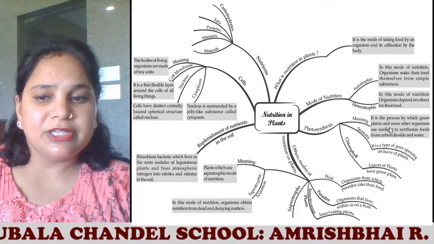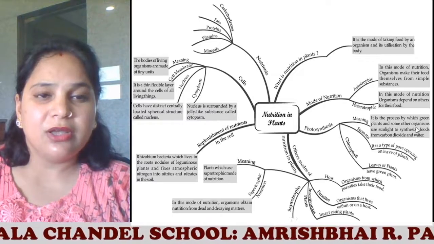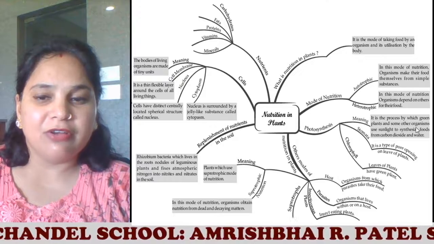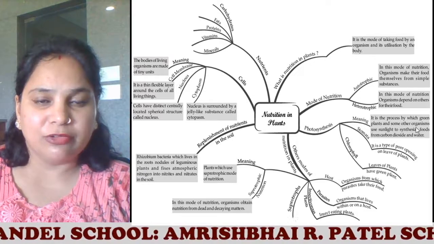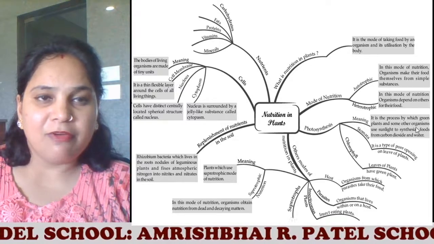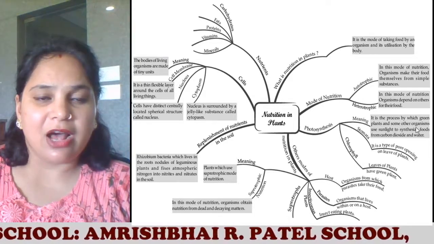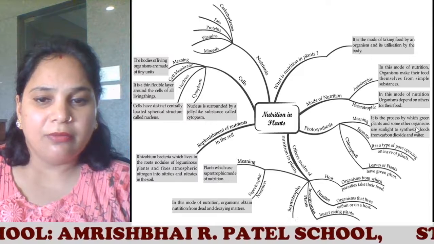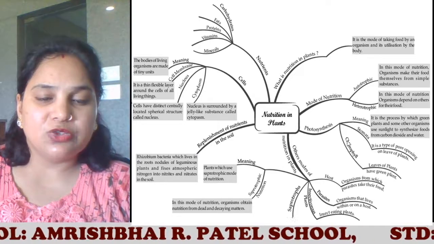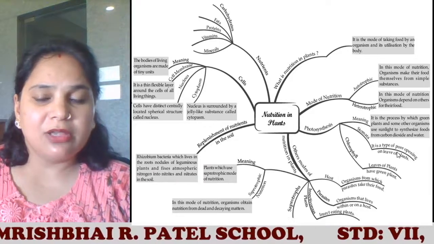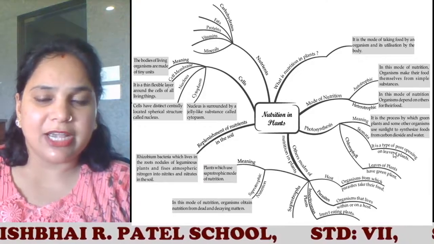Now, how do these components enter into the plants? The leaves are said to be the food factory of the plants. They make this food with the help of photosynthesis. Now, how are these nutrients entering into the plants? It is because of the stomata, the small openings on the leaves of the plants, which allow the gases and the liquid to enter inside the plants.